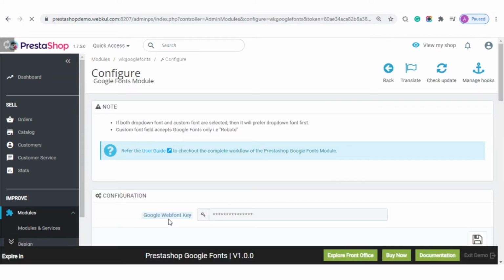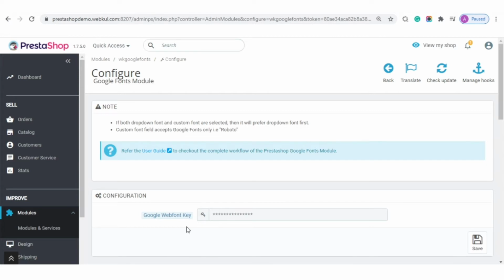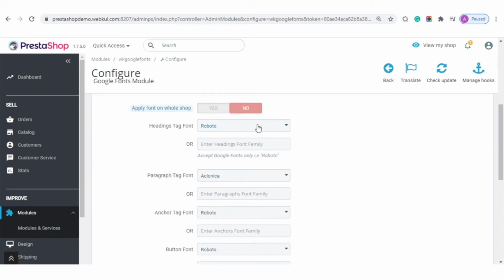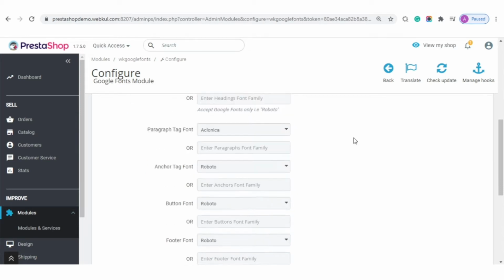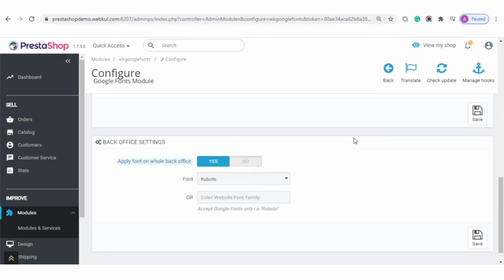Here, admin needs to specify the Google Web Font key to integrate Google Fonts to the PrestaShop store. After saving the configuration, a list of all Google Fonts will display in the drop-down list under Front Office and Back Office settings.